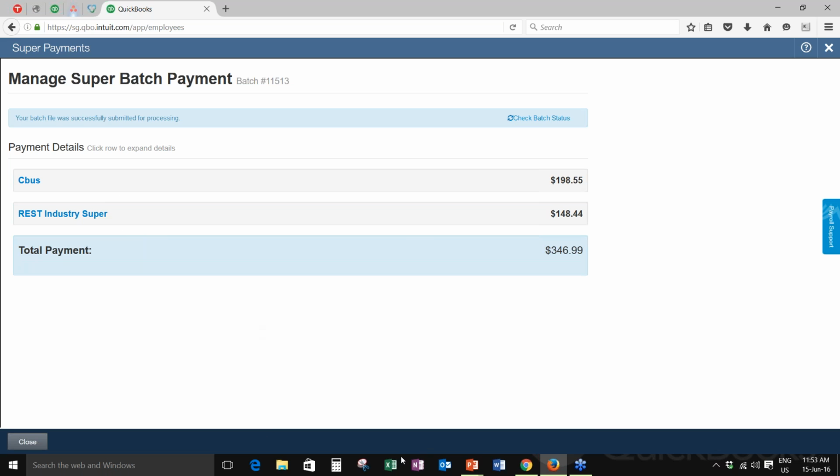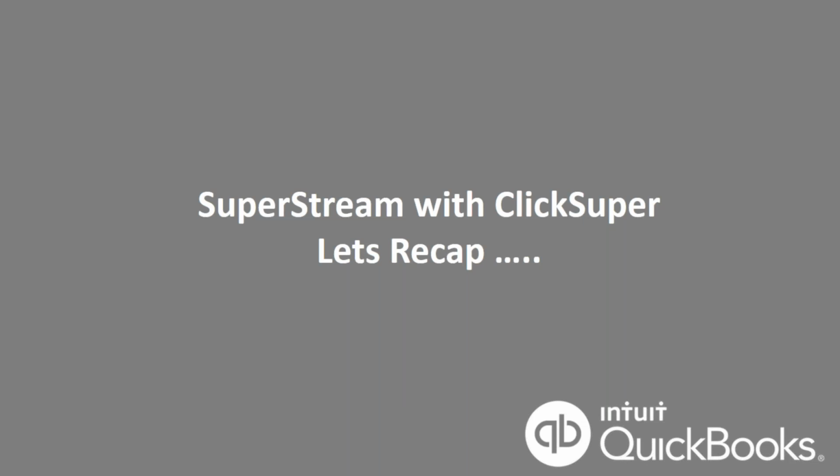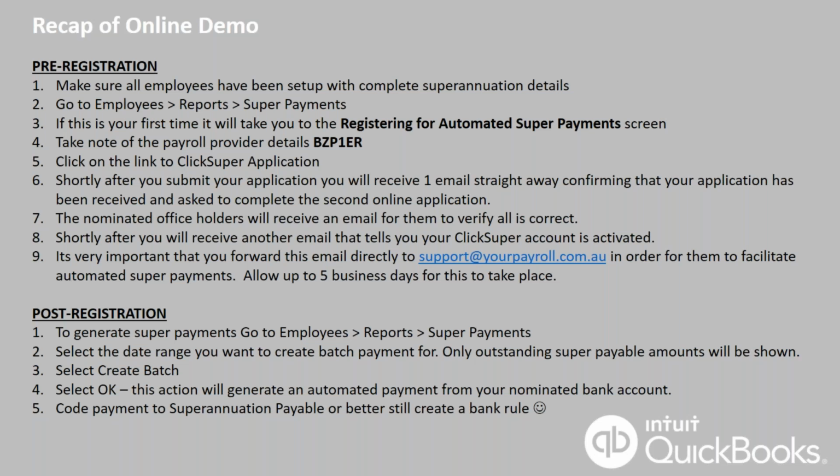So just to recap, guys, I'll take you back to here for an overall summary. Pre-registration: make sure all employees have been set up with their superannuation details. Do that first, and you do that by going to employees, reports and super payments. Now, if this is your first time, it will take you to the registering for automated super payment screen, as I showed you, and take note of that payroll provider detail code and just copy it onto the Click Super